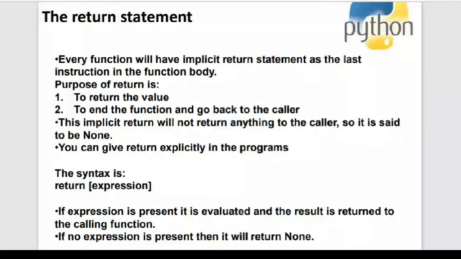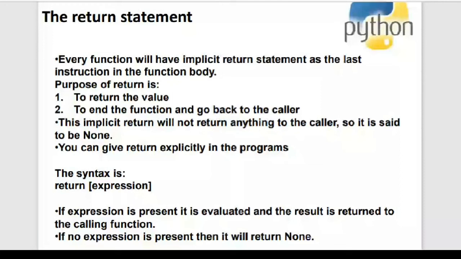The control gets transferred to the function declaration and to the body of the function, and it executes every instruction in the function, and finally it returns to the next statement after the function call in the calling function. So this is the flow of execution that we have seen in the previous class. The return statement will ensure that this is the end of the function. All the instructions in the function are over. Now the control can transfer from the called function to the calling function.